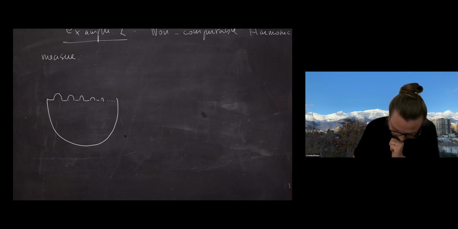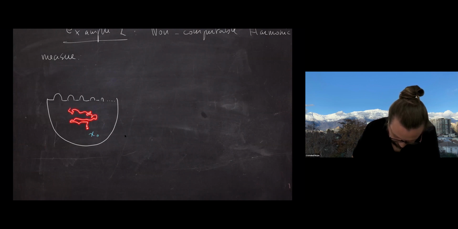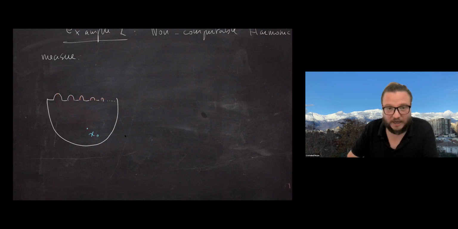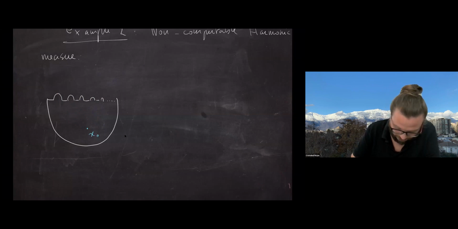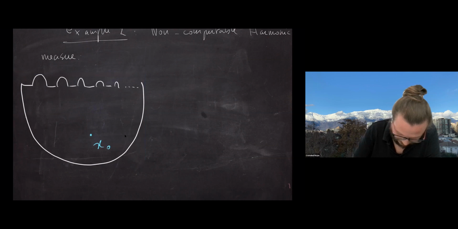Okay, and now let me, for instance, pick a point here. So Brownian motion will start from there and will hit these bumps with certain probability. And that is what we have to control to produce this example. So the way of doing this, so this is too small. Make it a little bigger.